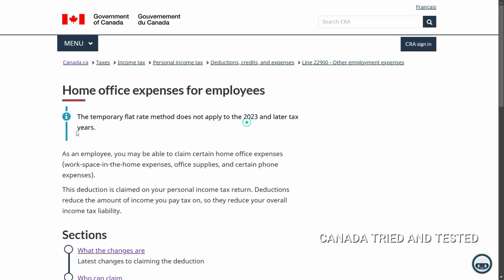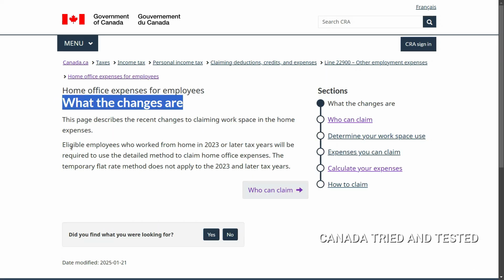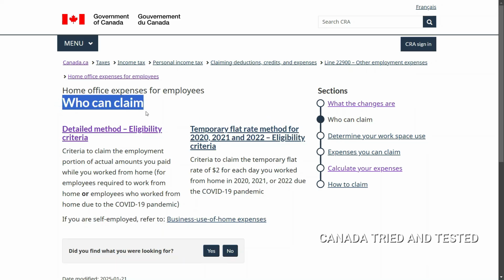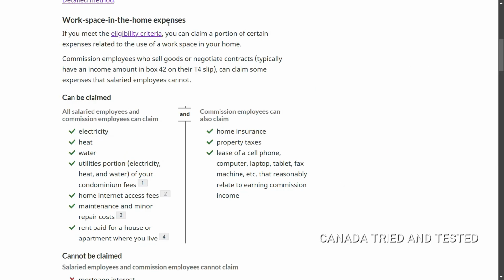For 2024, the temporary flat rate method does not apply because it stopped after 2023. You can see here. We will be looking at the detailed method, how this will get filled in, in a short while. So for this, you should have work from home. It comes to the work-in-the-home expenses. If you meet the eligibility criteria, now these are the things which you can claim: heat, water, utility portion of electricity,